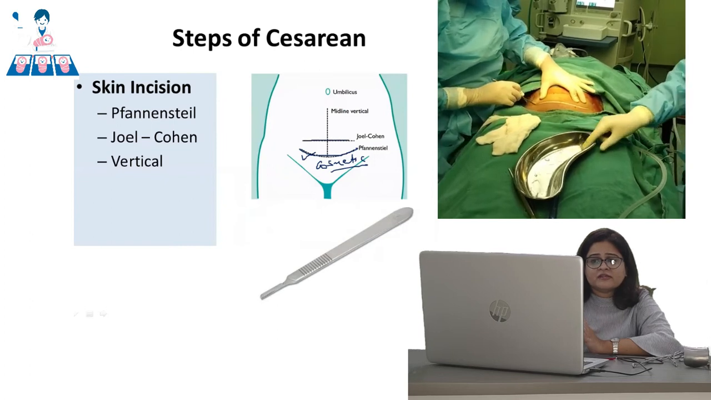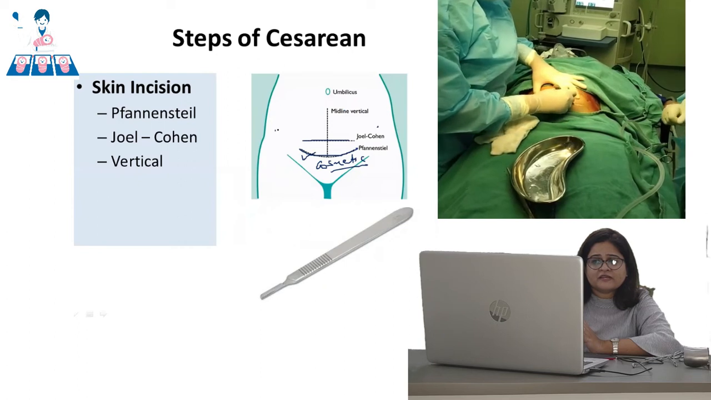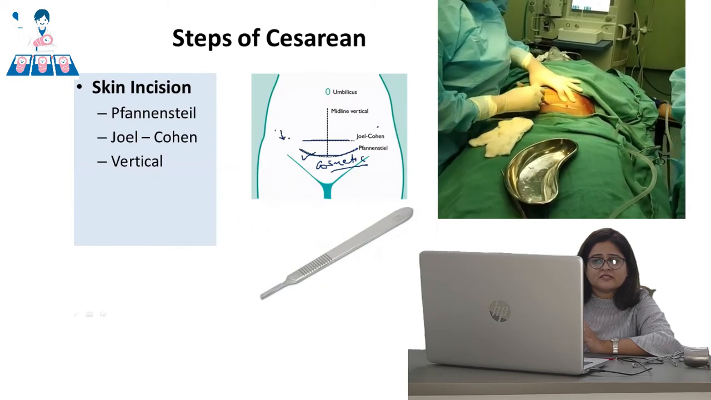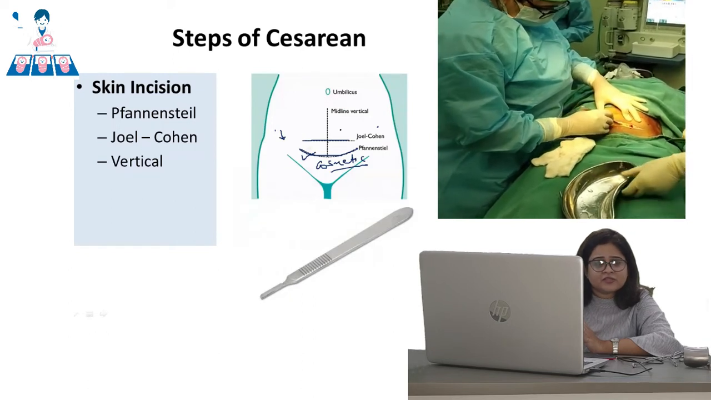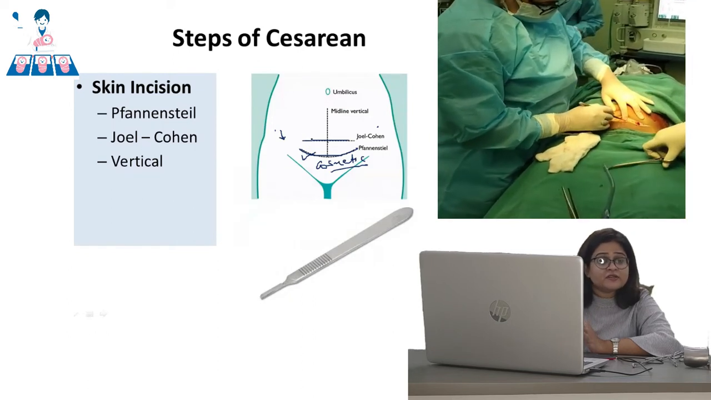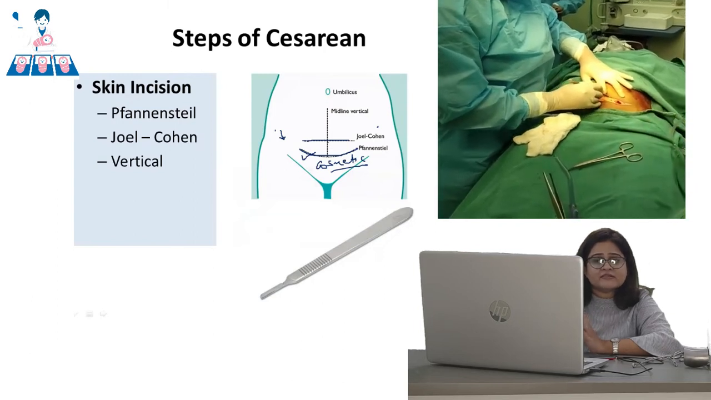Joel-Cohen is a little higher transverse incision. If we join the two ASIS, an imaginary line, this is 3 centimeters below that, so it's higher than the Pfannenstiel, but below a line joining the ASIS. It is a quicker incision. So Joel Cohen identified a technique for a quick cesarean, minimal bleeding, and this is the incision he